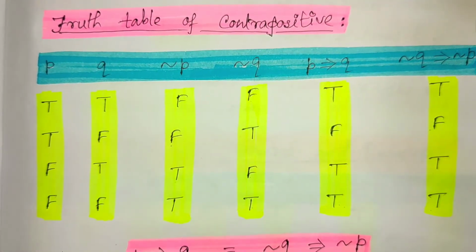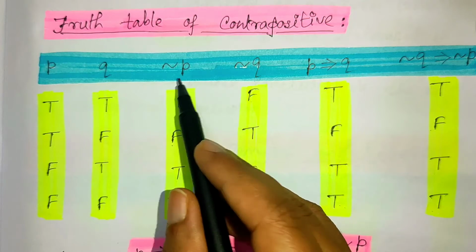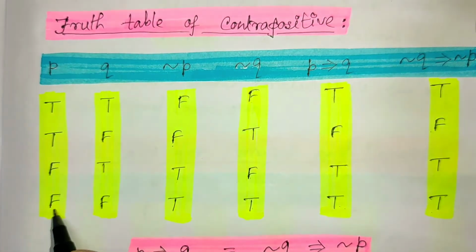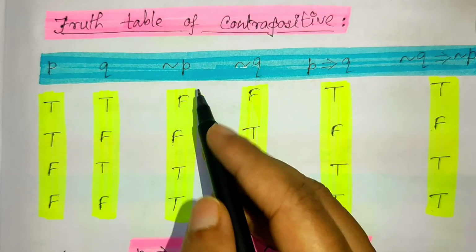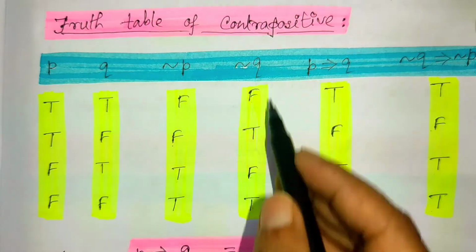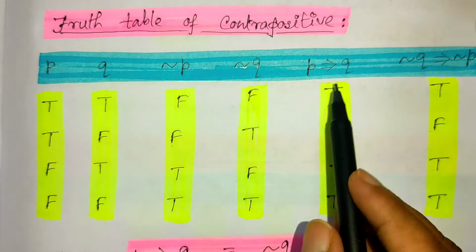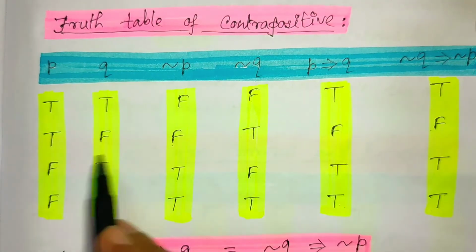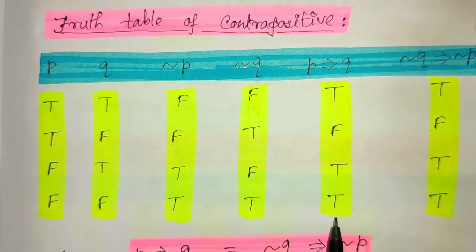So, here P and Q are the two propositions. That means the negation of P and the negation of Q are these. So, we know these are true, true, false, false, then true, false, true, true, true, false. Then if we combine this, the not P is just the opposite of P and not Q is the opposite of Q. And we know that here this one is the conditional statement. So, conditional statement means when both are true, then it is true, then true, false, it is false, false, true, then true, and false, false, then it is true.